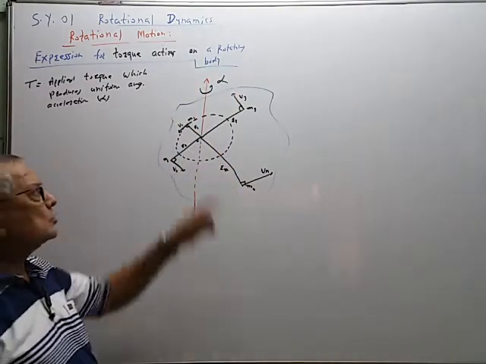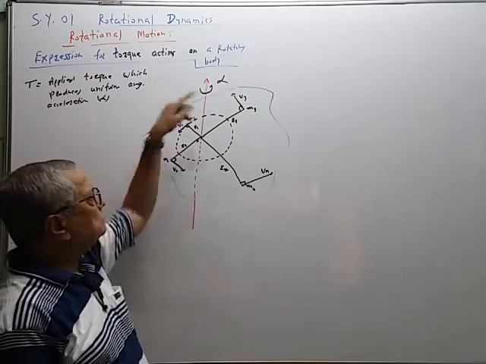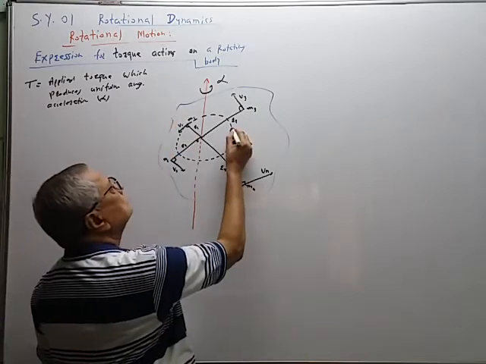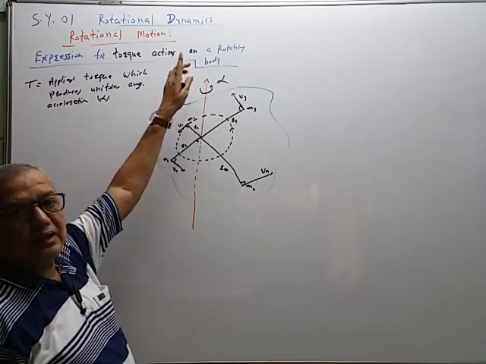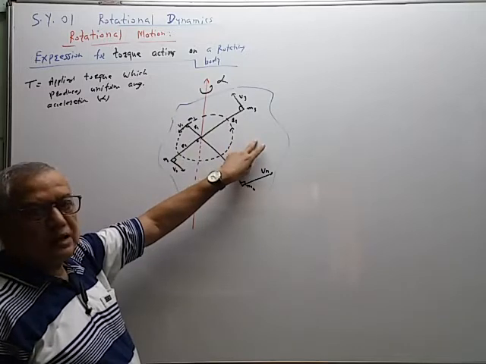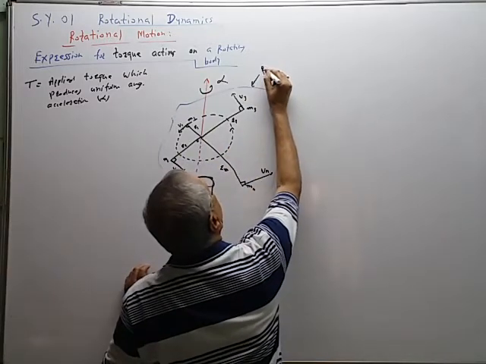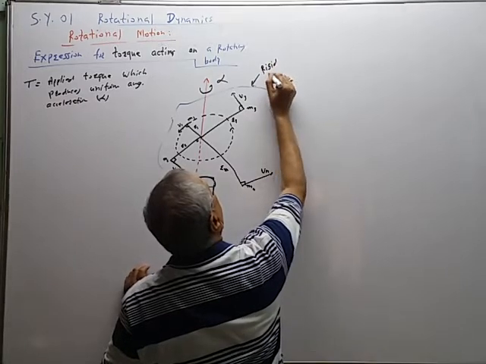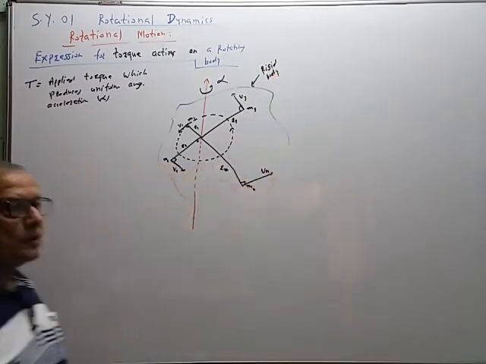So here I will replace this omega by alpha. So body is rotating in this direction, and therefore by right hand rule alpha will be directed vertically upward as shown in the figure. Now this is a rigid body. We can consider the term moment of inertia for rigid body only.